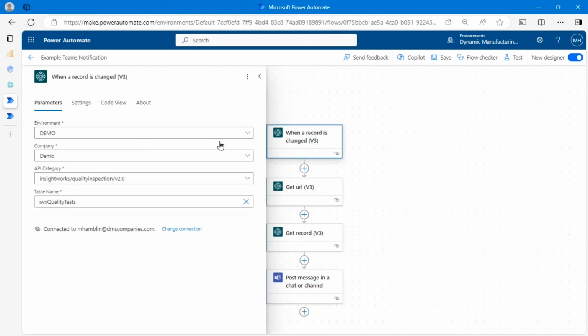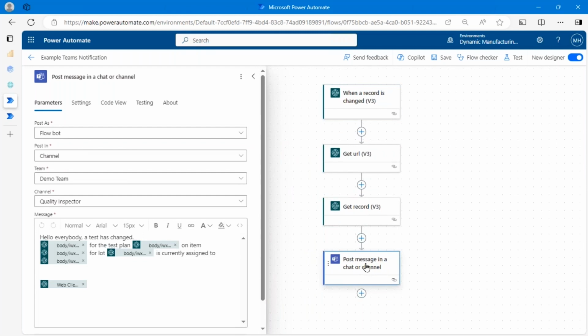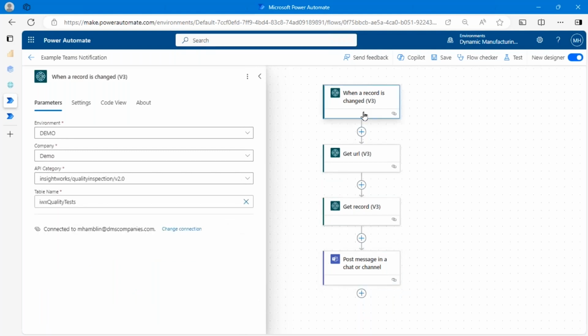This one says, hey, when a quality inspection test fails, what we want to do is actually send a Teams message to this specific demo team in Teams, this particular channel, and this is what we want to put in that message to Teams. So now this one is saying, yeah, every time a quality inspection record changes, not fails or is finished or whatever, just when it changes, we'll post that message. But again, you could put whatever criteria you want in here. If it's finished and it's a failed state, we send the message or whatever you want to do. So that's the integration with Power Automate.